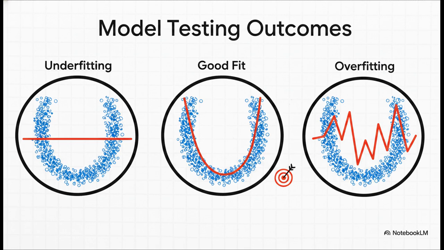So what exactly does this trial shift reveal? Well, it shows us the real-world accuracy, sure, but it also shows us generalization, meaning how well does the model handle completely new, unseen data? It reveals performance stability, and, crucially, definitely flag these terms for your exams, it detects overfitting, which is where a model practically memorizes the training data but completely fails in the real world, or underfitting, where it's just too simple to learn anything useful at all. Comparison gives us the hard, undeniable evidence we need to justify our final choice.